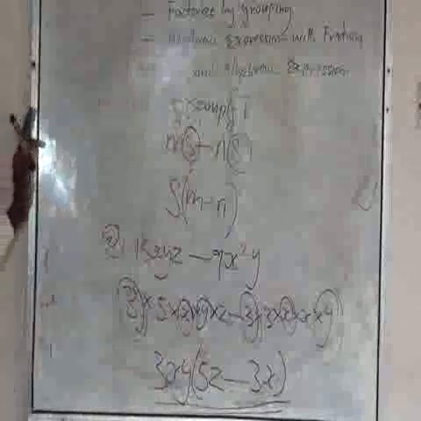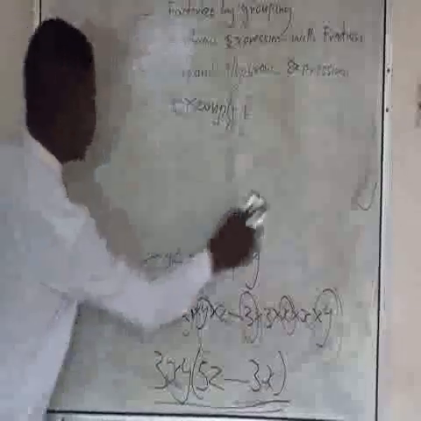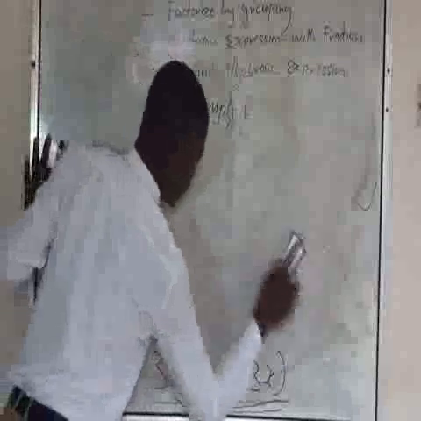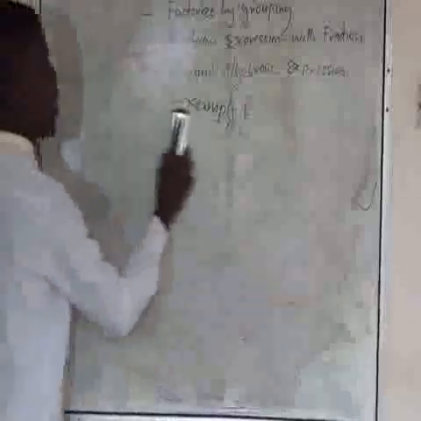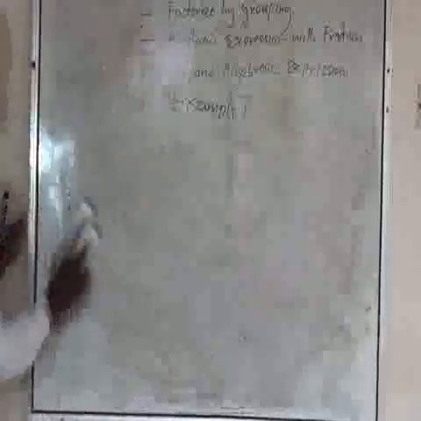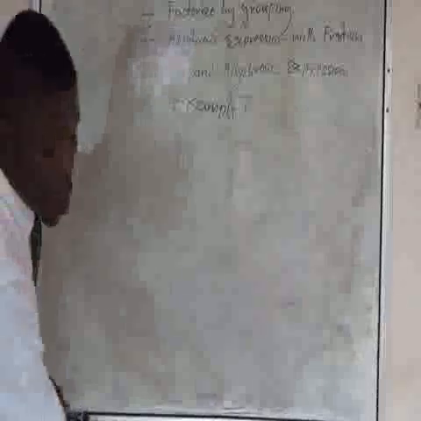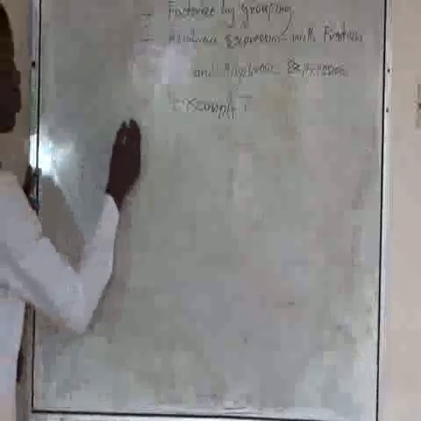The next subtopic is factorization by grouping. We are going to group according to their father's house. The ones that are common to each other, we group together. The ones that are not common to each other will stay on their own. Example 1. I have am